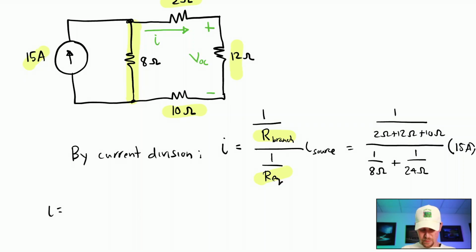So 1 divided by 24 times 15 divided by 1 divided by 8 plus 1 divided by 24. This gives us a grand total of 3.75 amps. So we now know how much current is actually traveling through this top branch, which also includes that 12 ohm